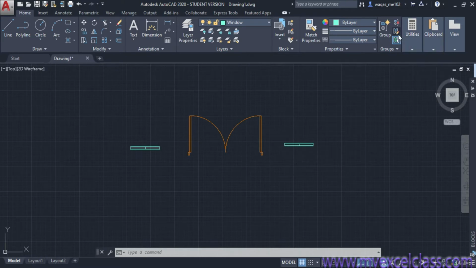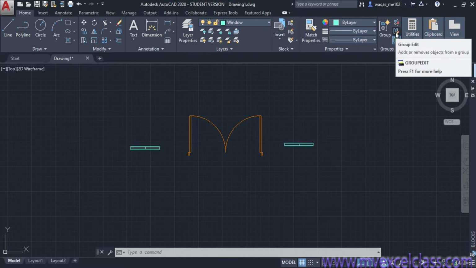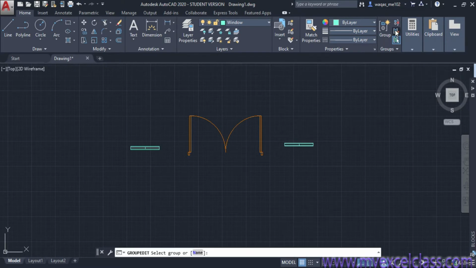You can edit this one by clicking here, group edit. Now it is asking to select group or name. Let me click here. Okay, now it's asking to enter an option, add object or remove object.